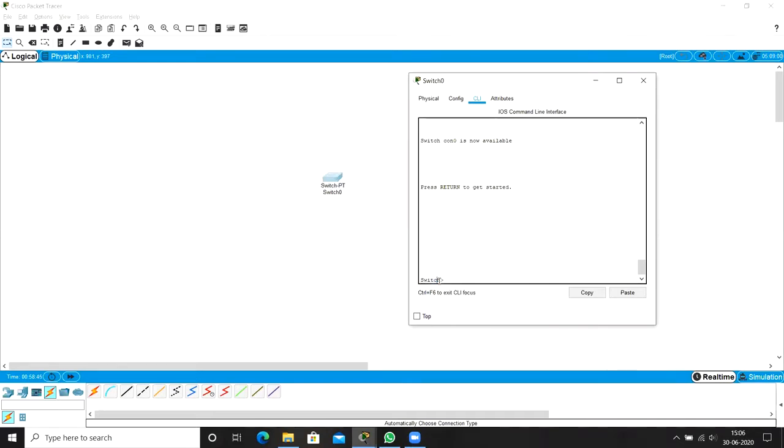If I have 100 switches in a network, initially all the switches may have the same name. Internally we will have the prompt, and before that prompt it will have the same name, switch. So in order to differentiate the switches one from the other, it is better to assign different names.